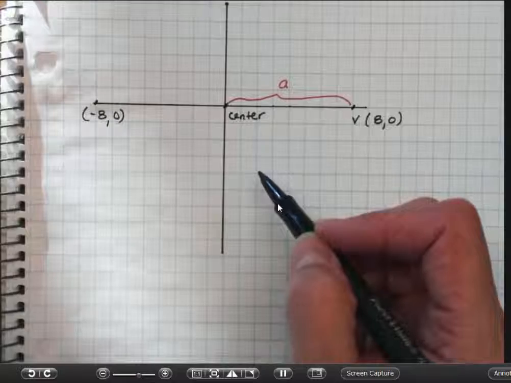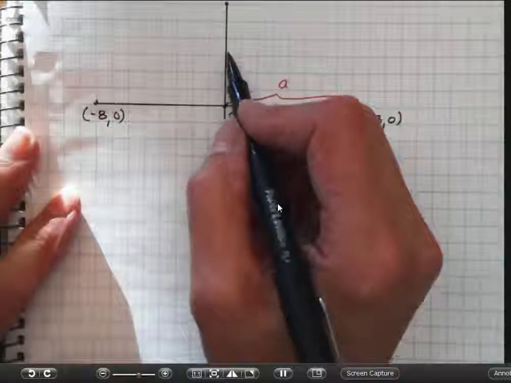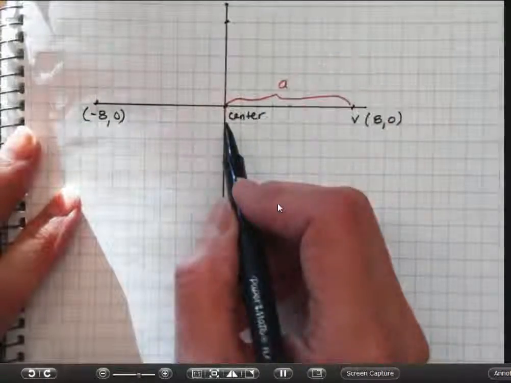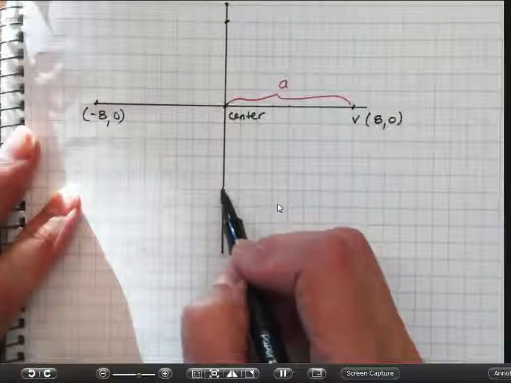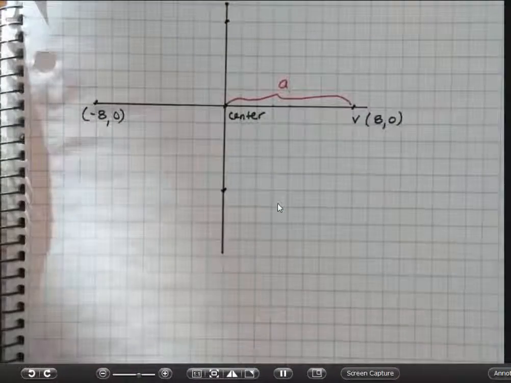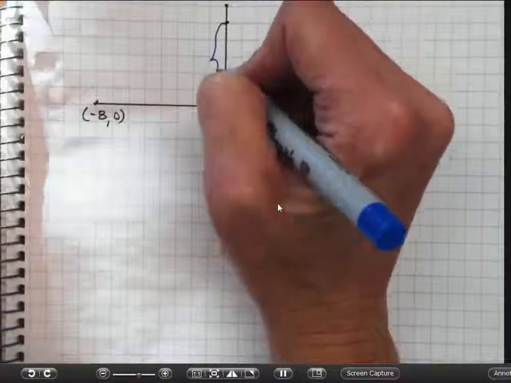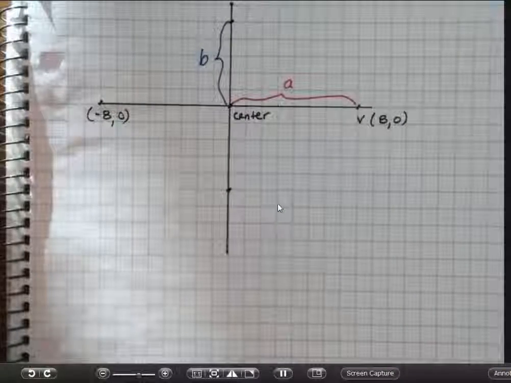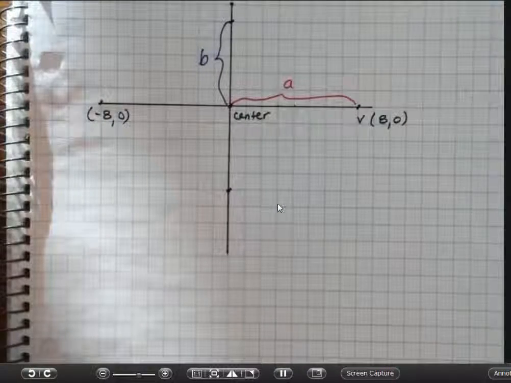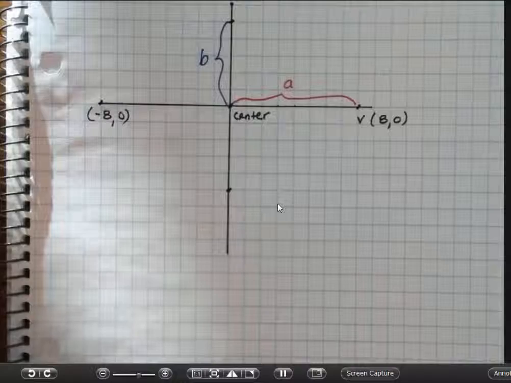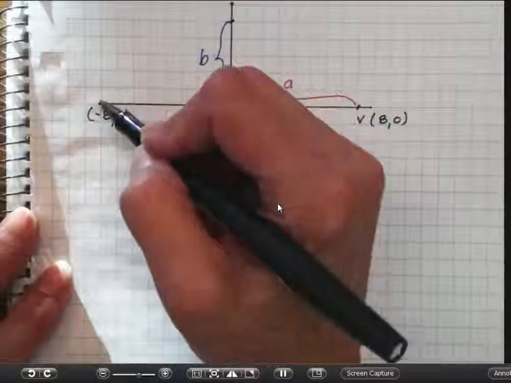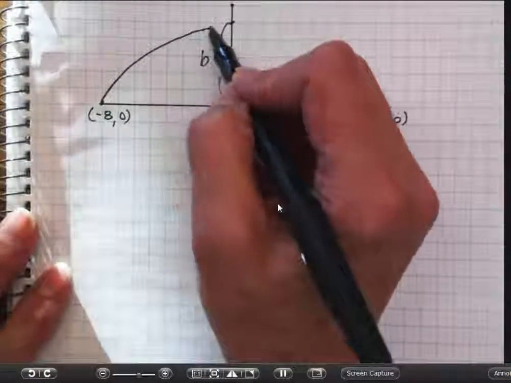Yeah. So 1, 2, 3, 4, 5. So this distance is my b on the minor axis. So this is b. This is really all I need to graph. I can graph my ellipse now. All I need to do is connect the points as best as I can to get a nice looking